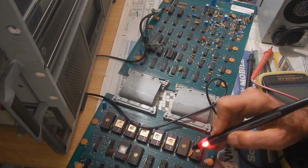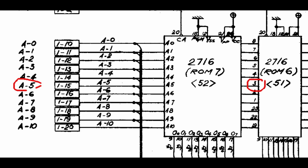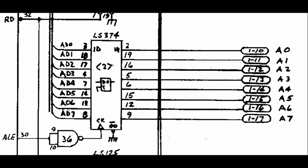But yeah, this one is floating. Now, pin 3 of all code ROMs is connected to address line number 5. Since the 8085 has a multiplexed data bus with the lower address bits, then it needs an address demultiplexer. Here this function is accomplished by the